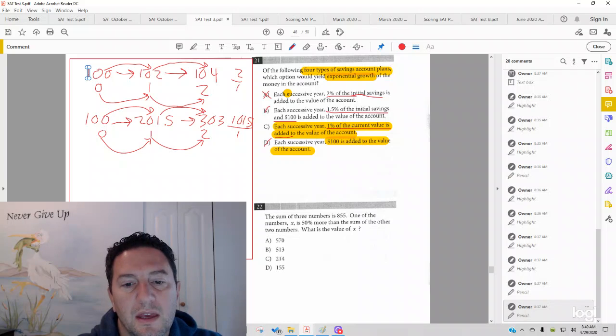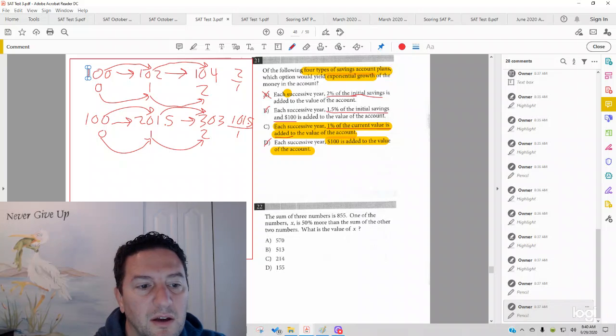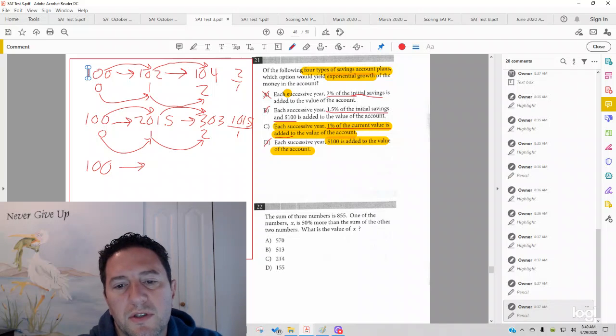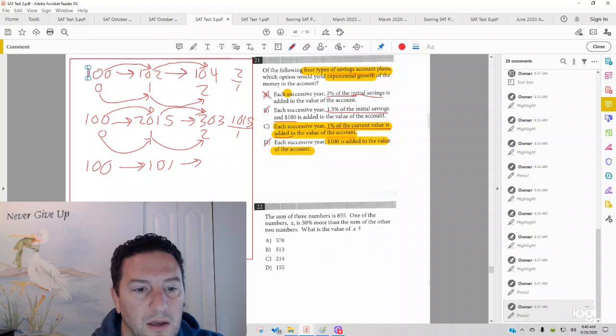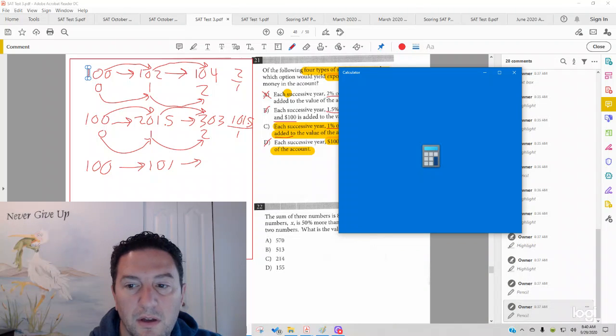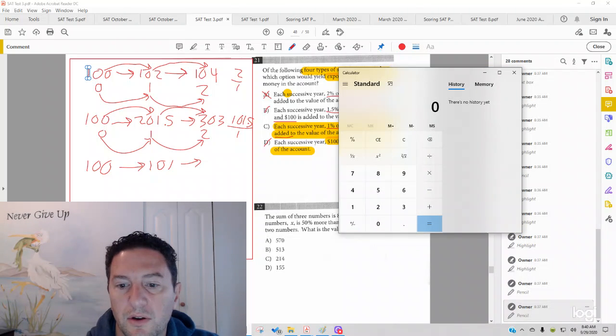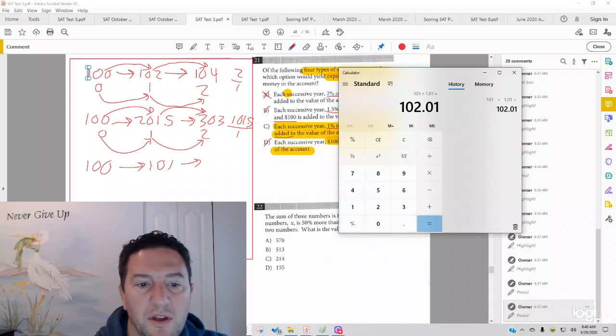Now, in answer choice C, each successive year, 1% of the current value is added to the value of the account. If you start with $100, then the second year, to increase by 1%, you'd actually multiply by 1.01, which would be 101. And what would we have the next year? Well, if we increase by 1%, you'd multiply by 1.01 again, and I'll just pull up the little on-screen calculator here. If you've got 101 times 1.01, you can see there you have